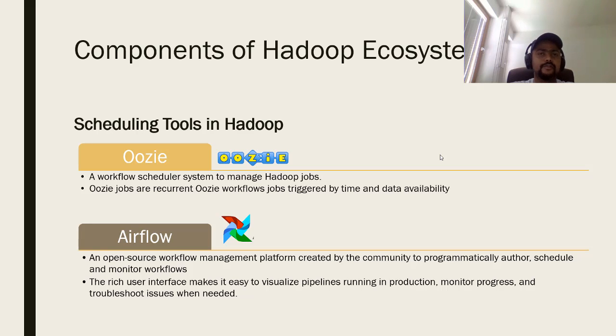For example, if you want to have a requirement where you want to run a weekend job, which should run every day Friday at 7 p.m., then you can use Oozie to schedule a job on the Hadoop cluster, and the Hadoop cluster will automatically trigger the job, and whatever code or steps you have specified in the job will be executed at that time. Next one is